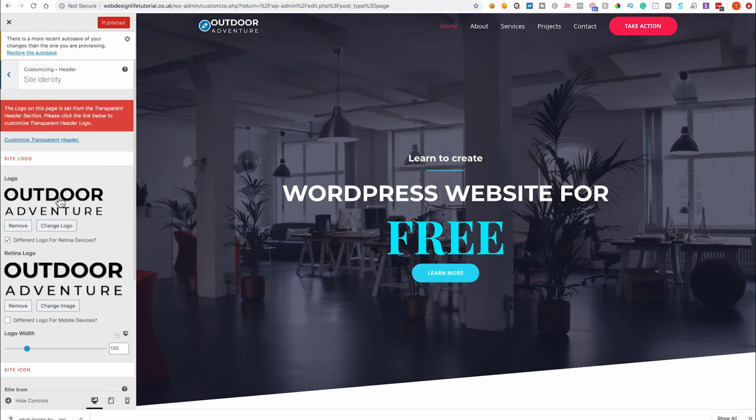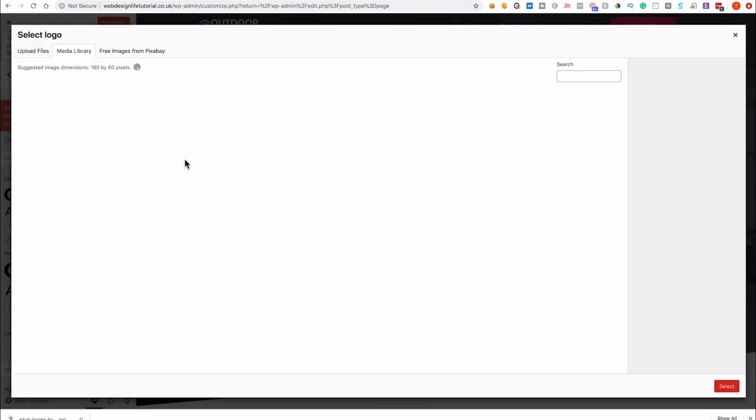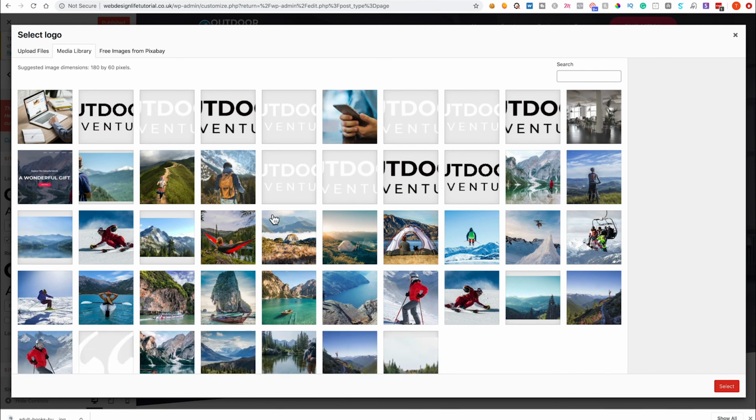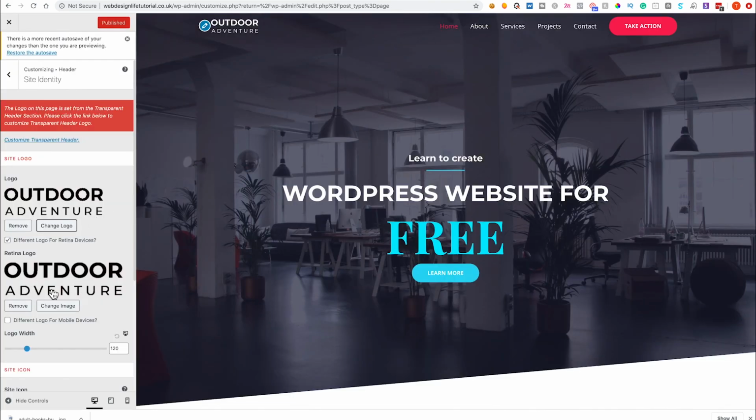you can see our logos that are here, and the way that you can change these is just by clicking change logo, and it's going to bring your media library back up. Essentially what you'll need to do is just drag and place your logo in here just like you did with the other images, and then select it. And you have a Retina version as well, so if you're looking at it on, I don't know, an iPhone or something that has a ×2 or ×3 pixel display, then it's going to allow you to upload a logo and still have a nice clear crisp logo